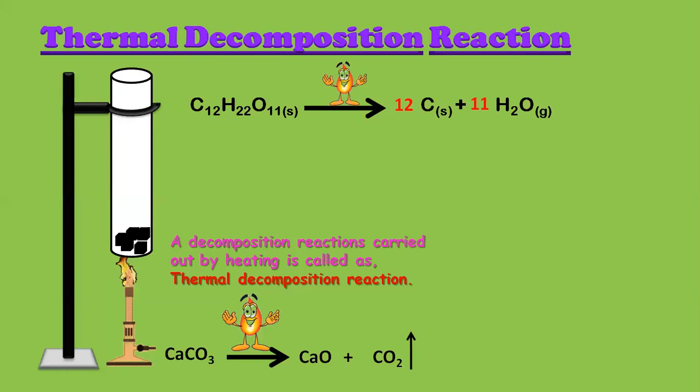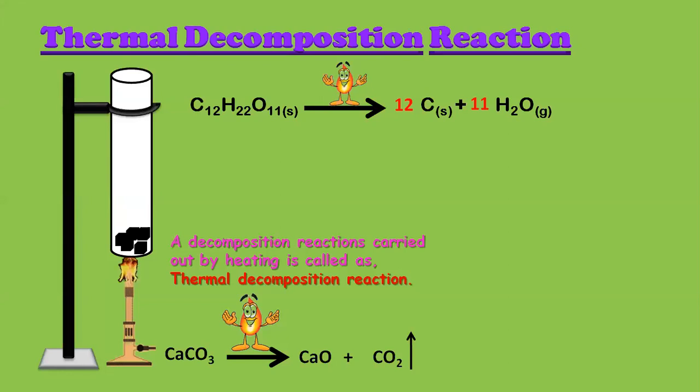So very quickly we have understood today. We started with types of chemical reaction, where we already started with combination reaction, where we discussed combination means two reactants combine together to form a single product. Two reactants combine together to form a single product. It is called combination. And a reaction in which two or more simple products are formed from a single reactant is called decomposition. And decomposition reactions happen because of certain conditions like heat, light, and electricity.